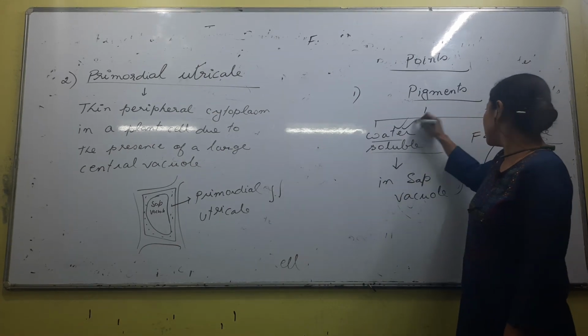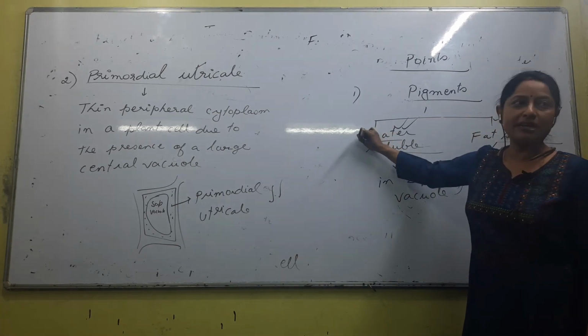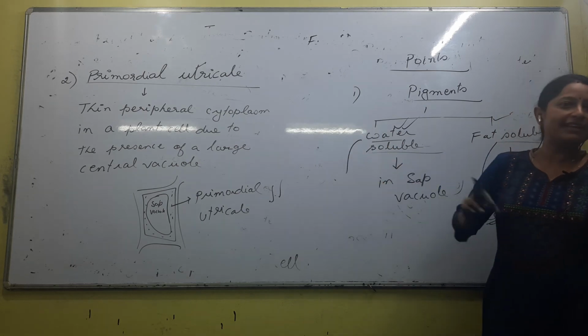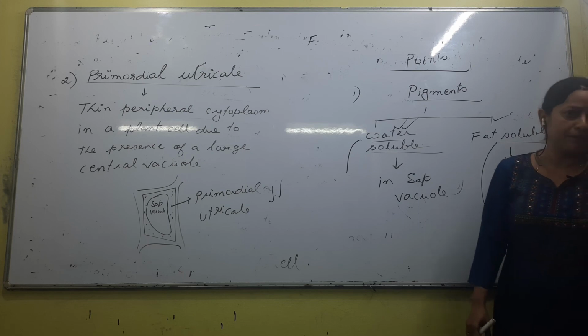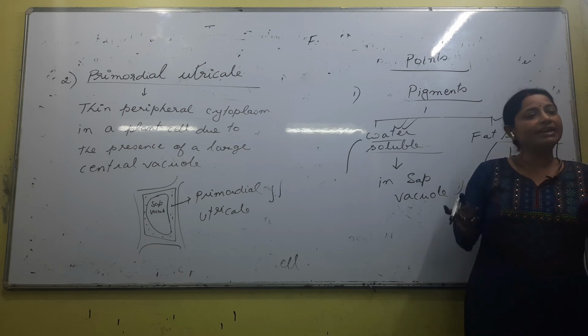Pigments, questions come on that. Example of a pigment, anthocyanin we have already written, xanthin we have written. Anthocyanin, another point that you need to remember, not in this chapter, in another chapter,